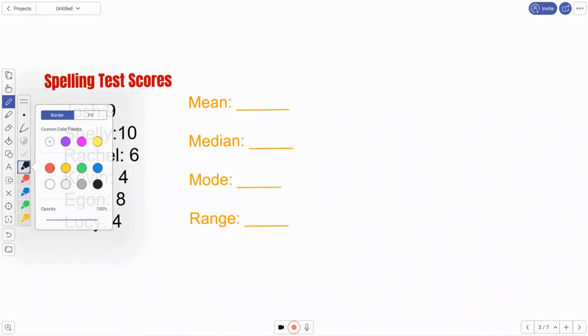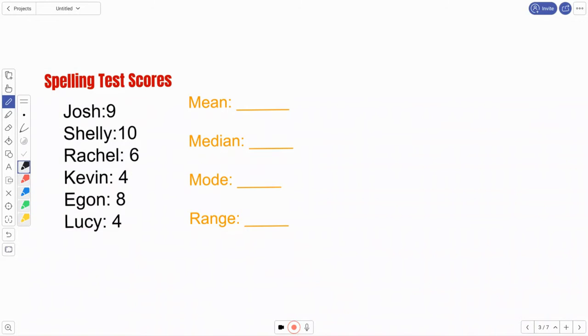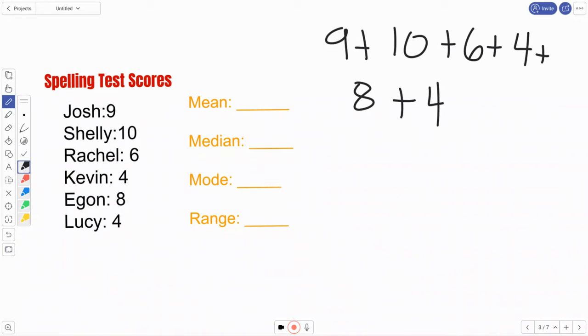So in this case, I see that Josh had 9. So on my calculator, I would take 9 plus 10 plus 6 plus 4 plus 8 plus 4. I'm going to add all of these numbers up together. All right, so 9 plus 10 is 19. I could do it just on paper in my head too. You can certainly use a calculator. 19 plus 6 is